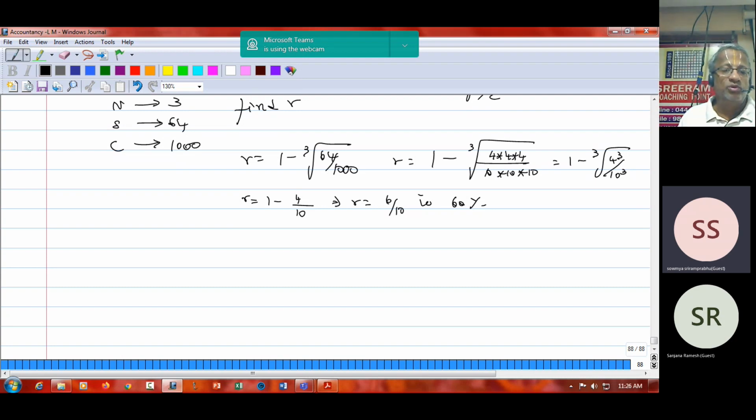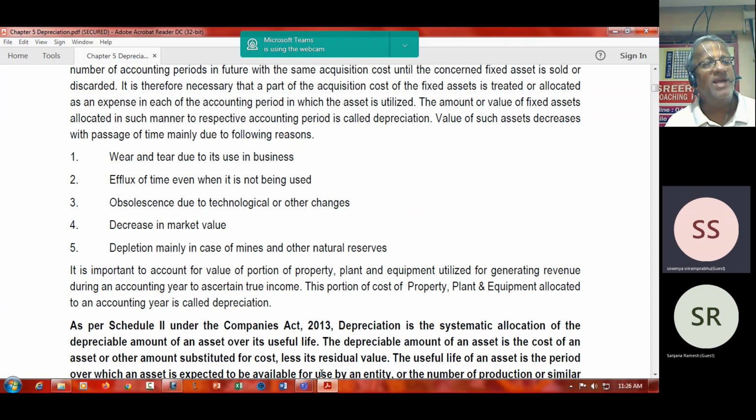So every year you are expected to review two things. What are the two things you have to review? Salvage value and the term. They made it mandatory in Accounting Standard 10 that you have to review. Even though the accounting standard is not directly applicable, I am preparing you for your intermediate and for Ind AS 16, property, plant and equipment. The other methods we will take up a little later, because these two are the most popular.